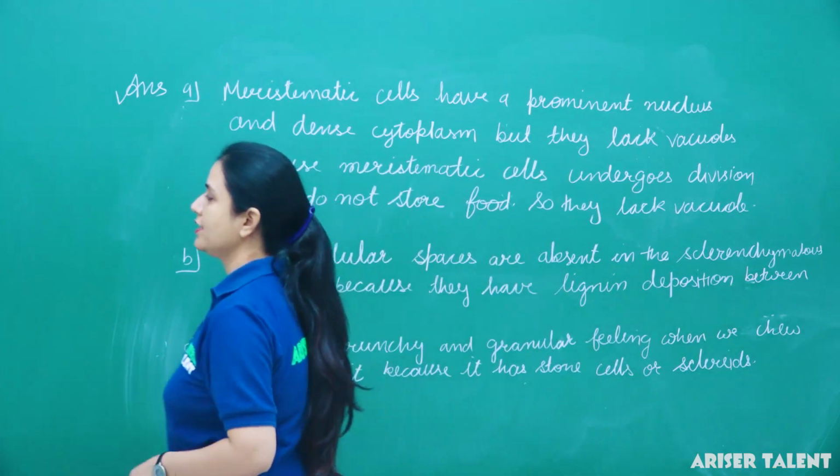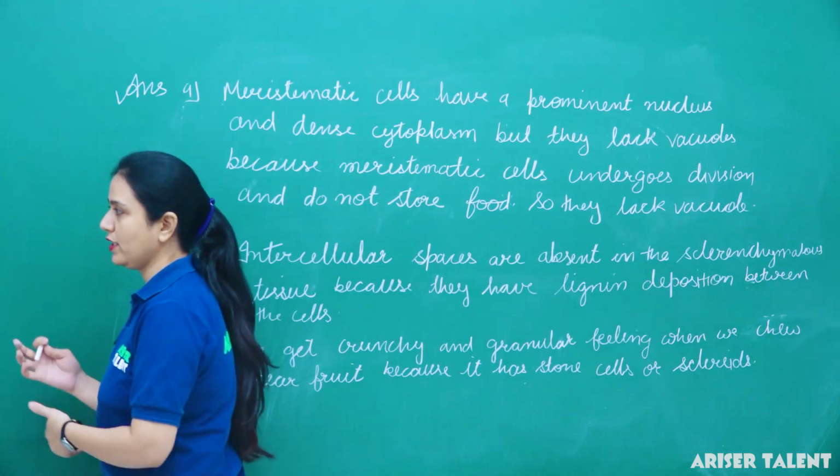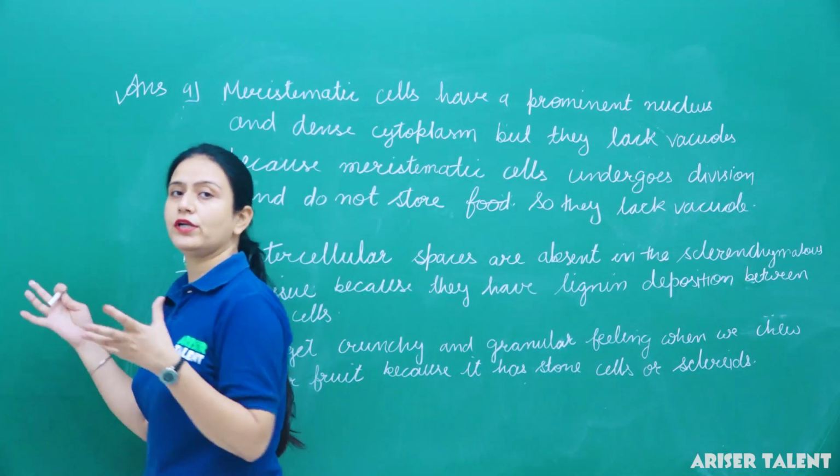Okay. Next is, branches of trees move and bend freely in high wind velocity because they have chlorenchyma in